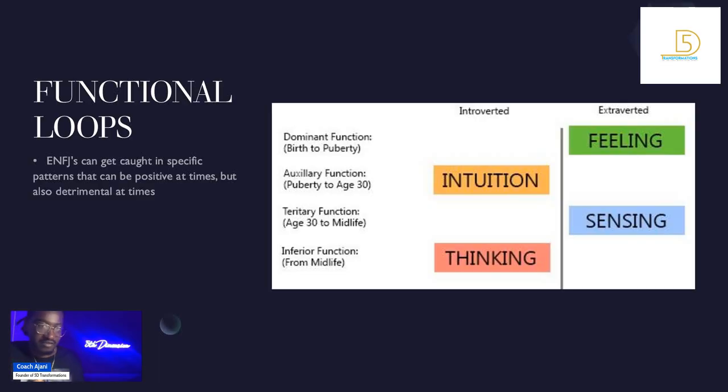And then on the other side, another loop that can happen is whenever they have a negative experience. Let's say they go through a negative experience and their feelings have been violated, or they went out and had an experience that didn't feel right, and they got negative sensory experiences. They can go into themselves and become very bitter. And this extroverted feeling can turn in, and the person can have this intuition that's very negative of how things are. And all their thinking can get wrapped up into this negative outlook on where things are going to go.